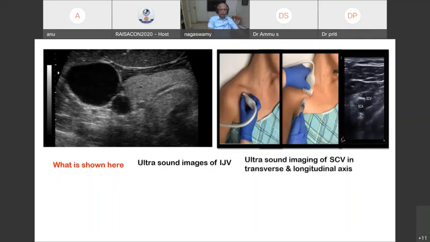Imaging of the subclavian in transverse, and this is the subclavian IJV transition. This first picture is the IJV. Okay. So this is the subclavian vein cannulation. This is the probe position and pushing the needle. So the subclavian artery,